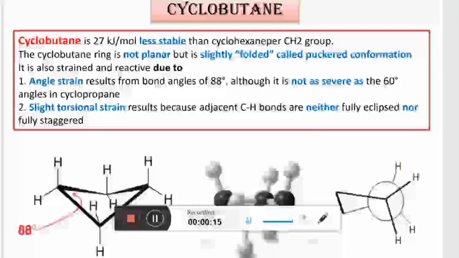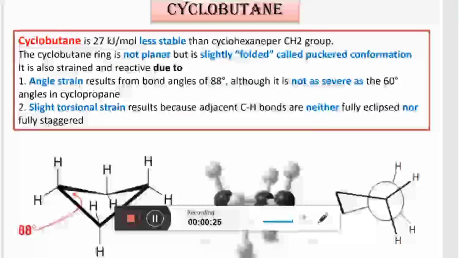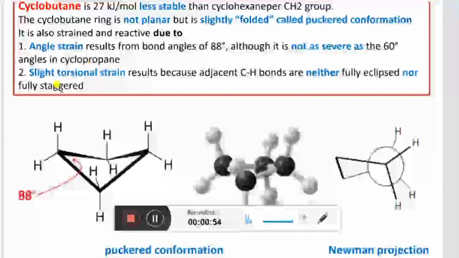About the cyclobutane that we have discussed in the last lecture. But let's again discuss how the conformational analysis of the cyclobutane is usually done. The first question is, what is the most stable structure of the cyclobutane, in which stable conformation does the cyclobutane exist? So the answer for that is the puckered shape, right?